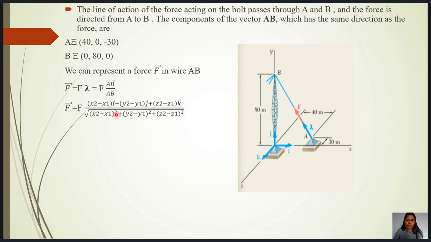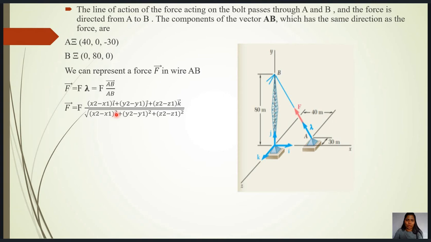Let us take another numerical on a concurrent force system in space. A transmission tower is held by 3 wires at B, C and D. If tension in AB is 2000 Newton, tension in AD is 1400 Newton and tension in AC is 1600 Newton, find the components of the forces acting at B, C and D. This is the given image or diagram for this question.